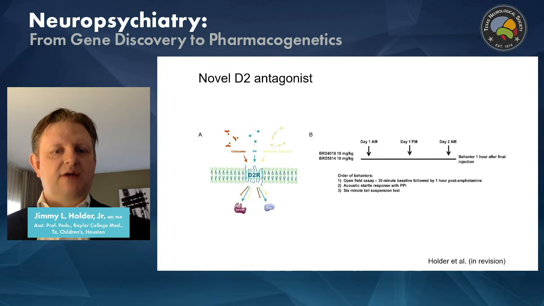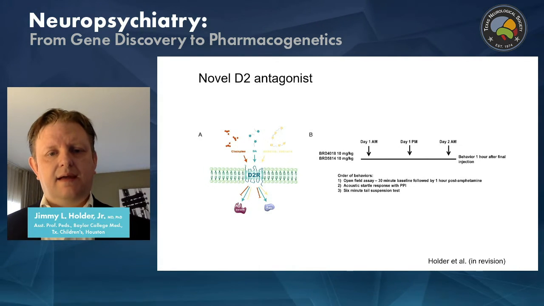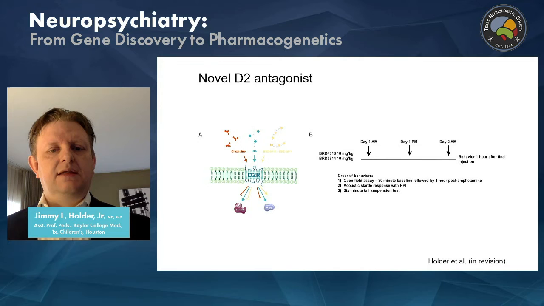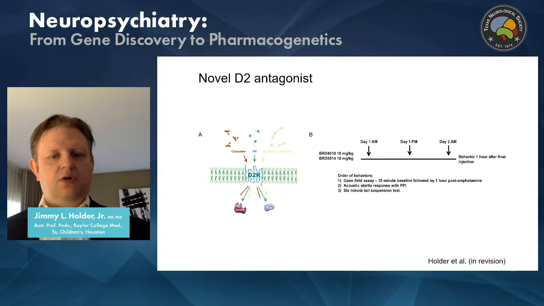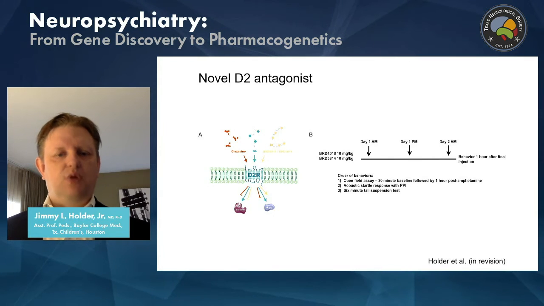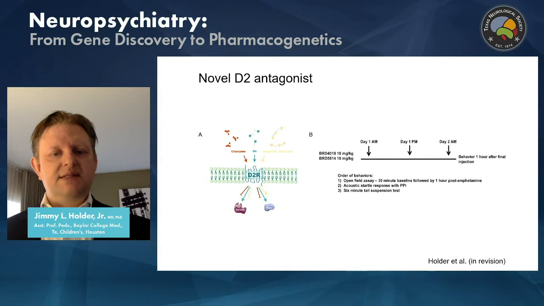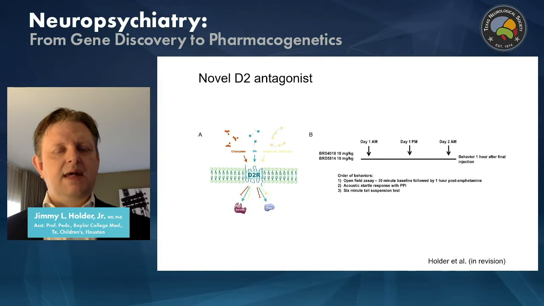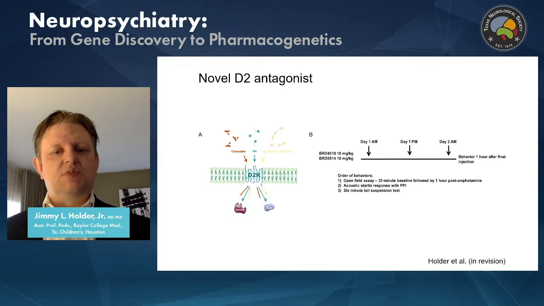because of the mechanism of action of clozapine and other clinically available D2 antagonists, which is while they do inhibit the D2 receptor, they do so by inhibiting both of the major canonical downstream signaling pathways of that receptor, which is inhibition of the beta-arrestin pathway as well as inhibition of the G protein pathway. Recent literature has suggested that inhibition of the beta-arrestin pathway downstream of the D2 receptor is responsible for its antipsychotic properties, whereas inhibition of G proteins is responsible for some of the side effects that we see with clinically available